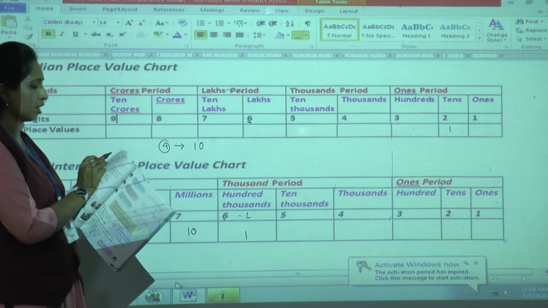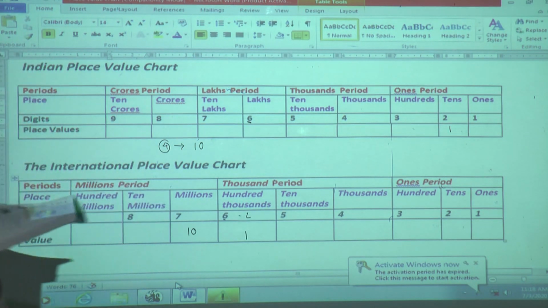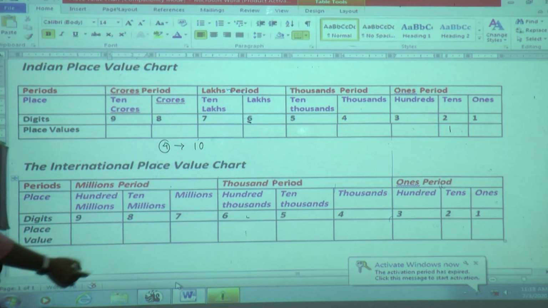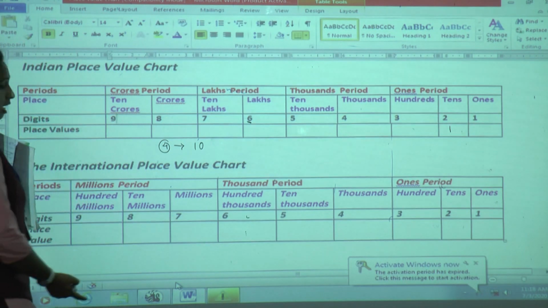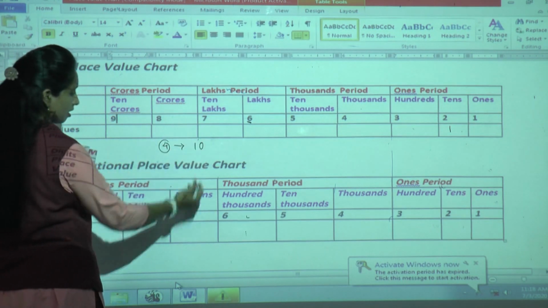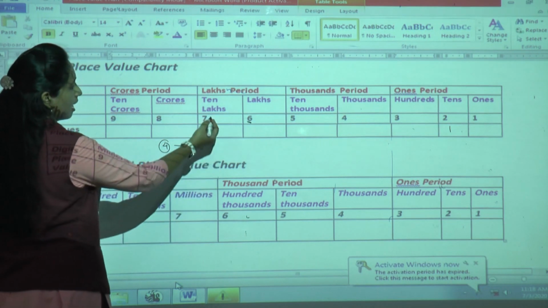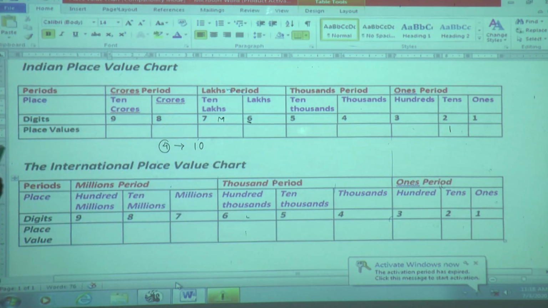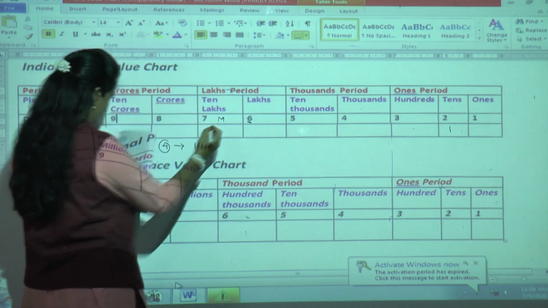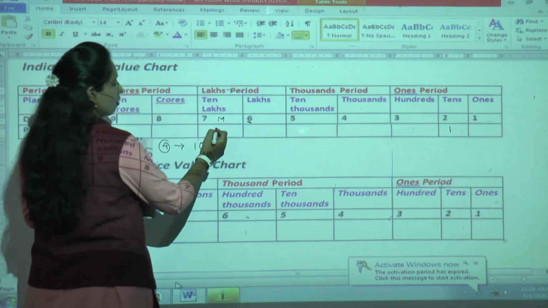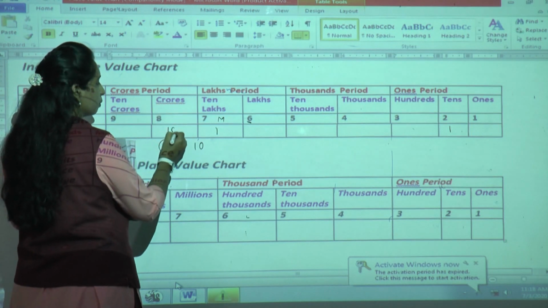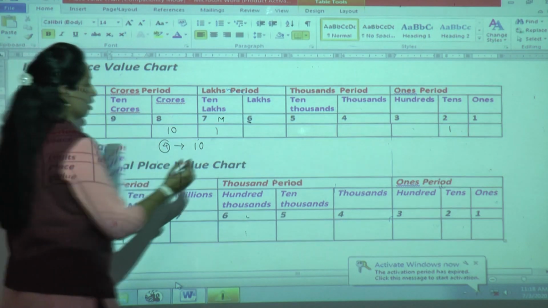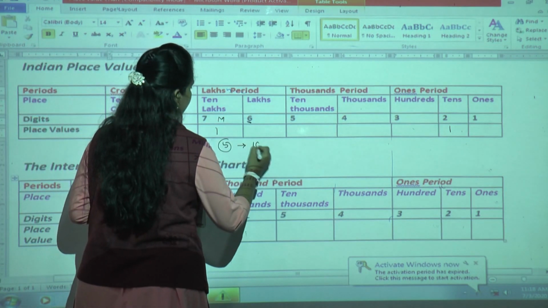Now see the fifth one question. How many millions make a crore? Now they are talking about millions. Okay. Now how many millions make a crore. Now see million and crore. Million is having 7 digit and 10 lakh is having 7 digits. So I'll go here million. Okay. Million means here how many millions make a crore. Here 1 million and crore, when it will go to crore place, it became 10 millions make 1 crore. So the fifth one answer is 10.